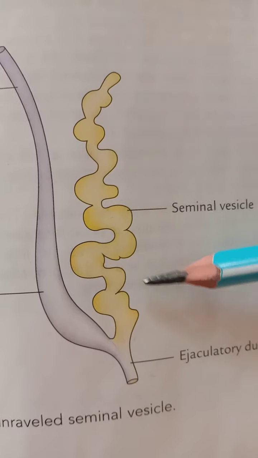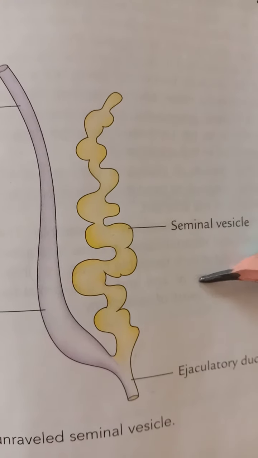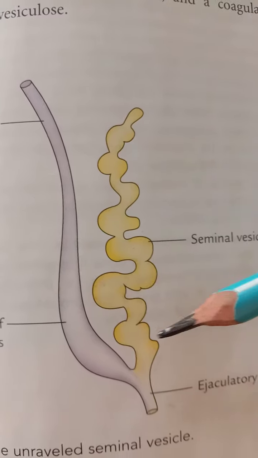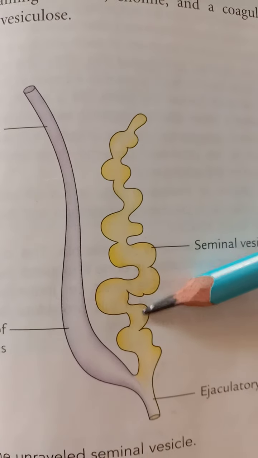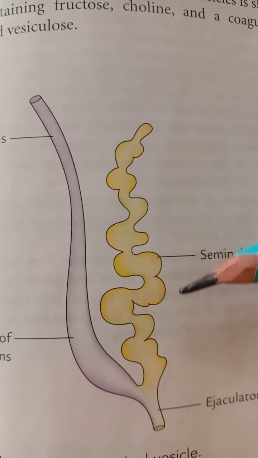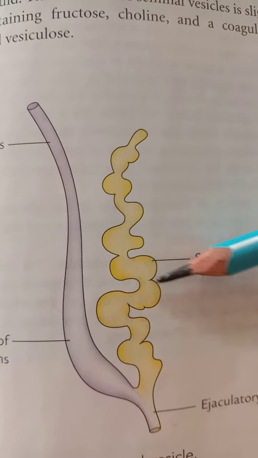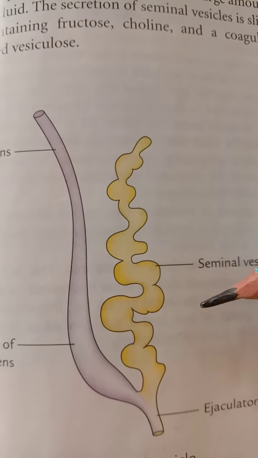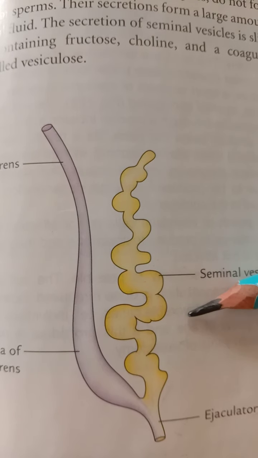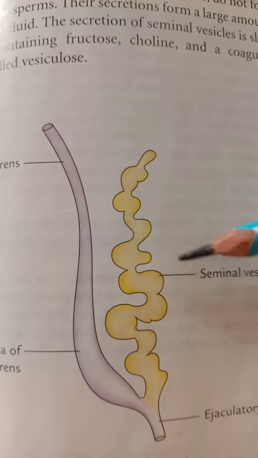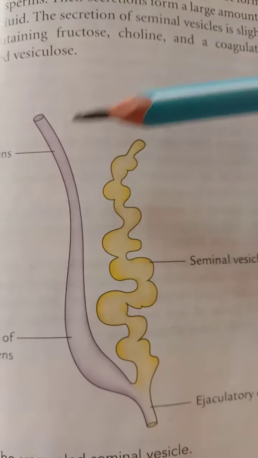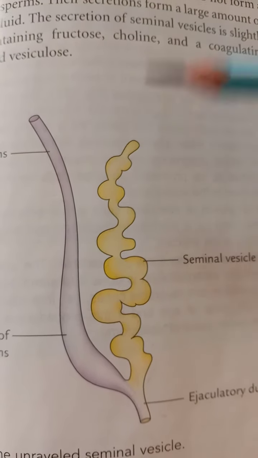The next clinical point is related to the seminal vesicles. The secretion of the seminal vesicles contains fructose, which is not produced anywhere else in the body. So this provides forensic evidence of the occurrence of rape. However, choline crystals provide the preferred basis for determining the presence of seminal fluid, that is the Florence test. So these are the clinical points related to these structures.